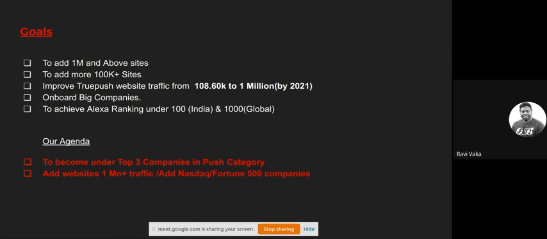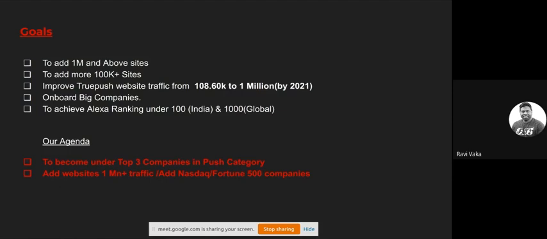And moving forward, by 2021, we want to have the full suite of whatever services or features our competitors are providing. We also want to make sure that we are there by 2021. The reason why we are a little slow here is because we are late entrants, and push notifications looks like a very simple product. It looks as if you just have to allow or deny, but behind the scenes, it's very, very tough. It's an infra-based product. A lot of user data gets stored in your server, and more data in your server is more complications.